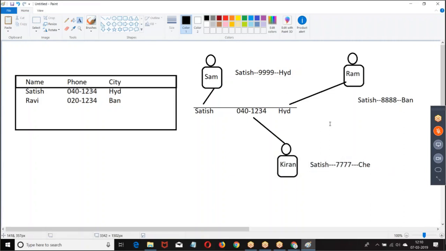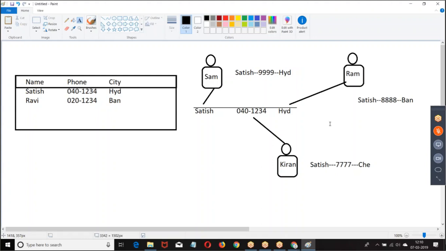The same record should be visible to 3 people in 3 different styles. Is it possible with regular data? In the table, if I save any record, let anybody open the record, the same data will be visible. But what is your requirement? For different people, you want to show different data.